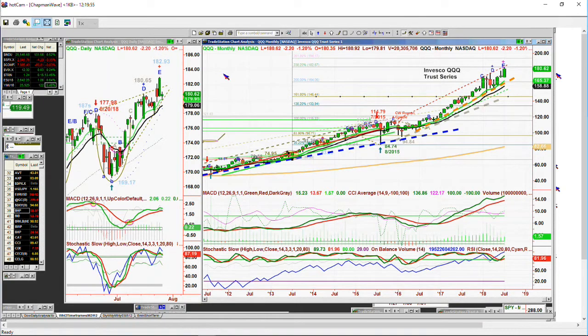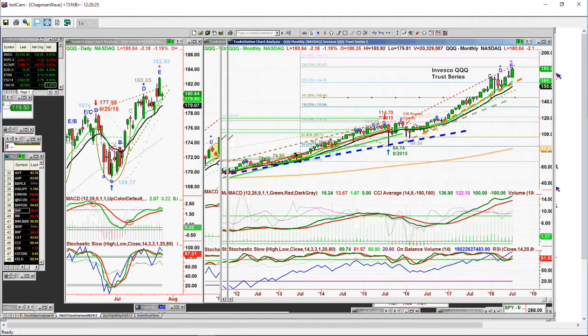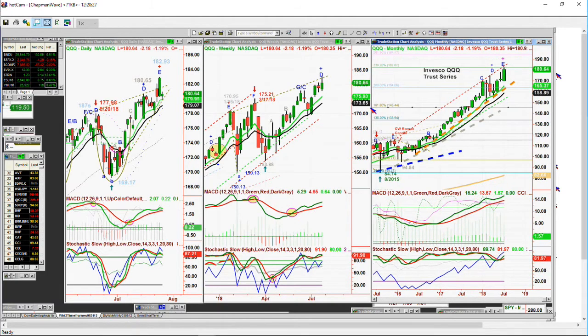This is important information. Probably a new technique that'll be adopted. But in the meantime, what I'm looking at here is I'm anticipating that the Qs will eventually go to something like a 68 to 72% rise in the actual angle of support, which means that it would probably be going parabolic at some point. I don't think, based on the chart that I'm looking at right now, at least I hope it doesn't happen in this particular phase, because the sooner it happens, the quicker you get the more serious